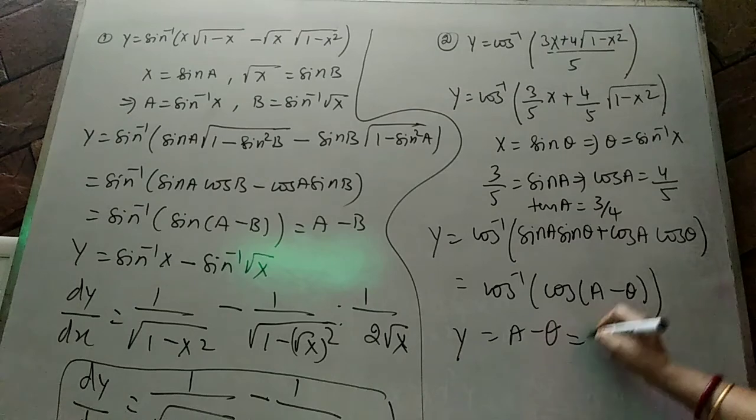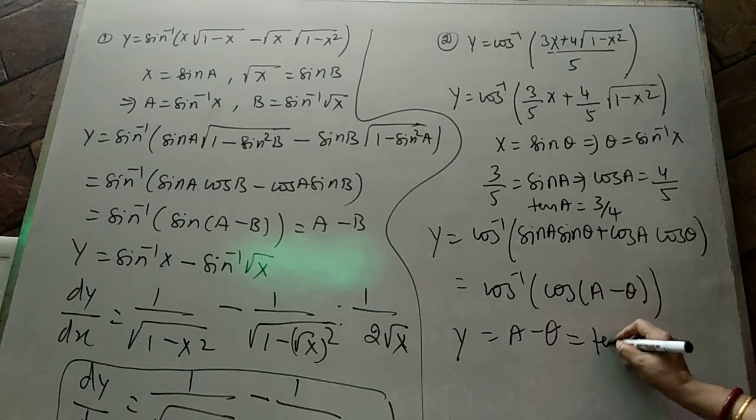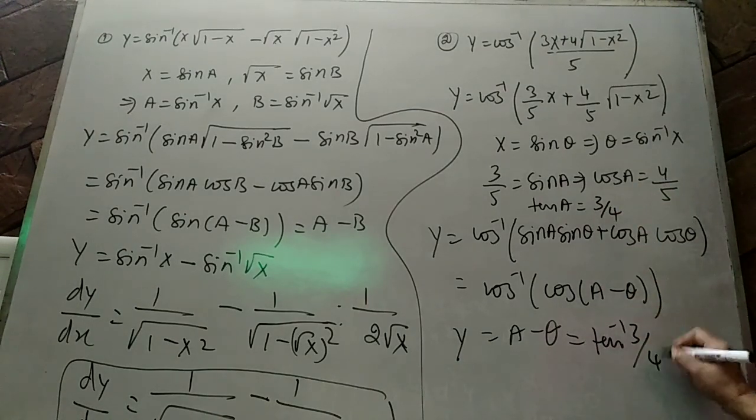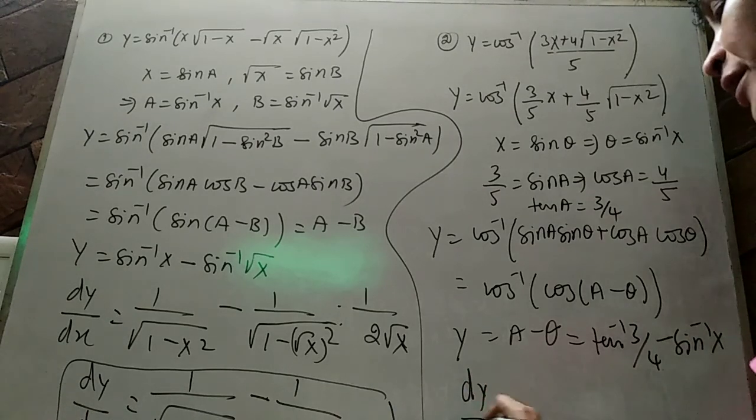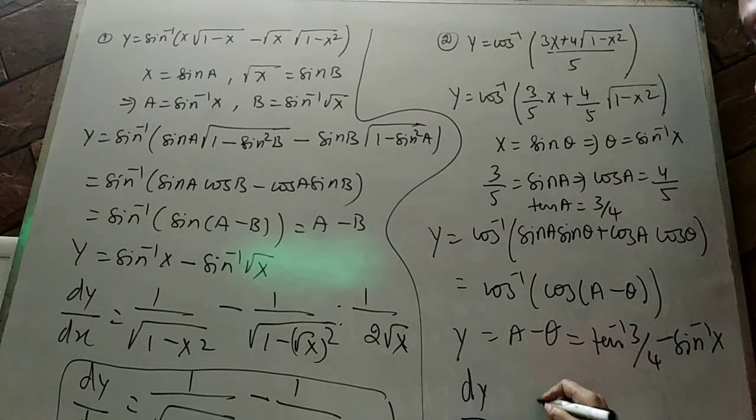अब देखो a का वैल्यू तो आपका आ जाएगा tan इनवर्स ऑफ 3/4 हो जाएगा और थीटा का वैल्यू साइन इनवर्स x हो जाएगा। अब डिफरेंशिएट करोगे बेटा, dy by dx इज इक्वल टू, ये तो 0 हो जाएगा, माइनस 1 अपॉन अंडर रूट ऑफ 1 माइनस x स्क्वायर। सो फाइनल आंसर इज माइनस 1 अपॉन अंडर रूट ऑफ 1 माइनस x स्क्वायर। समझ आया बेटा? यस नो, टाइम ऑफ।